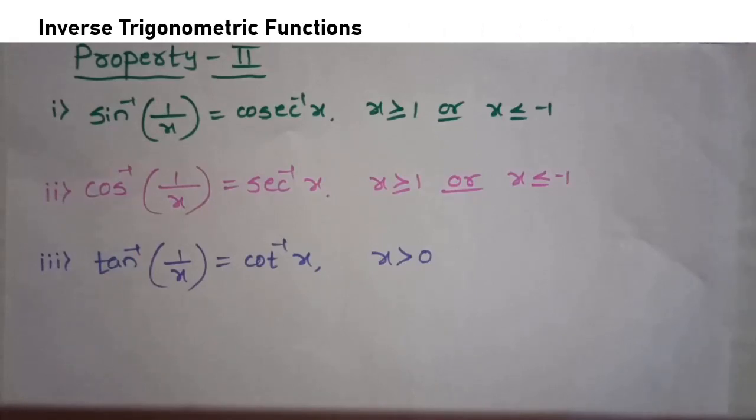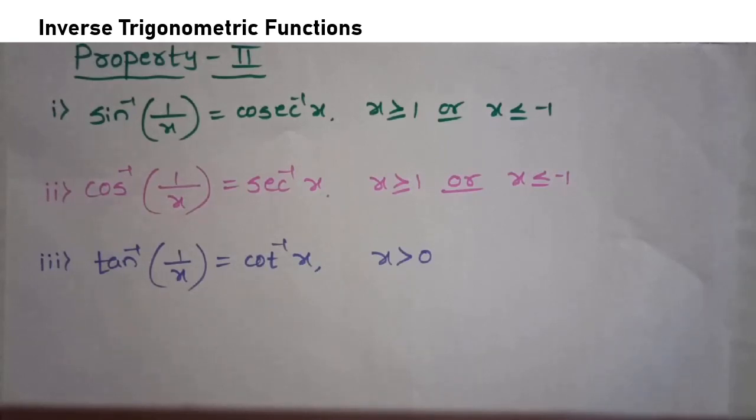From the last class we are learning properties of inverse trigonometric functions, and we learned property number 1, that is sine of sine inverse x is x, where x belongs to the closed interval -1 to +1, and also sine inverse of sine x is x, where x belongs to the closed interval -π/2 to +π/2. Like that, we learned this property for all 6 trigonometric functions, and now we are going to learn property number 2. Let us see what property number 2 says.